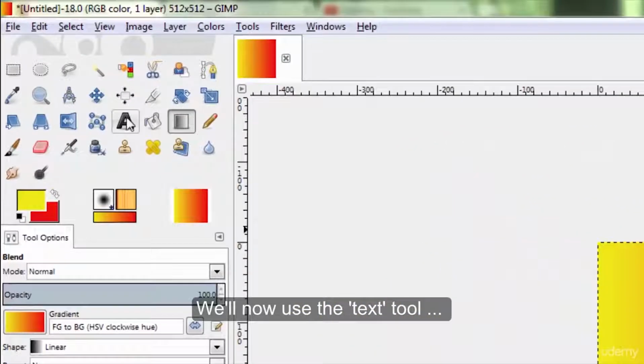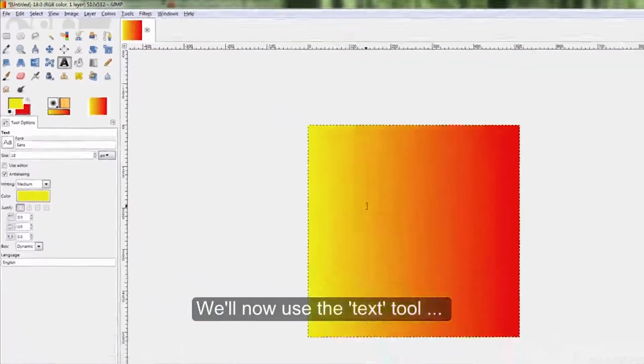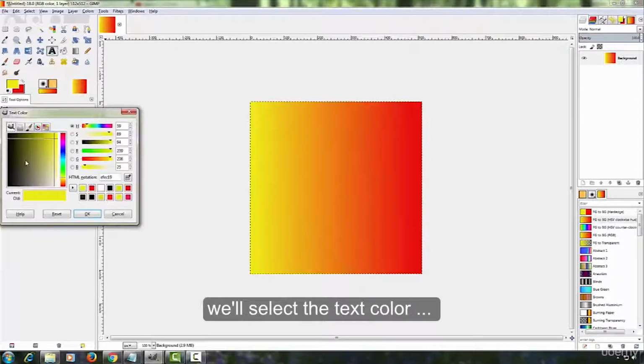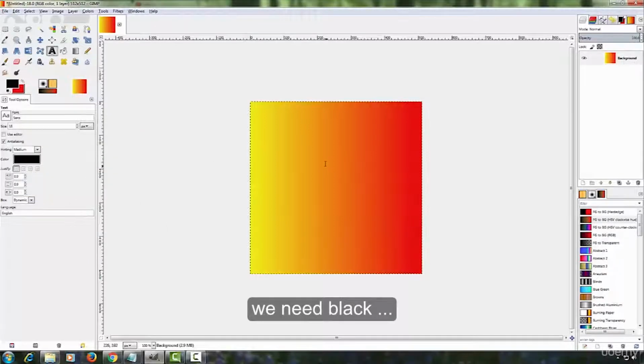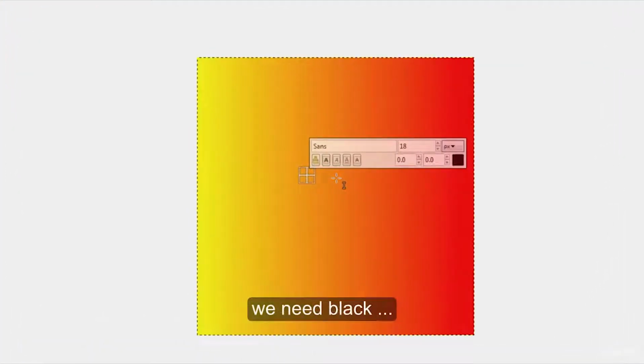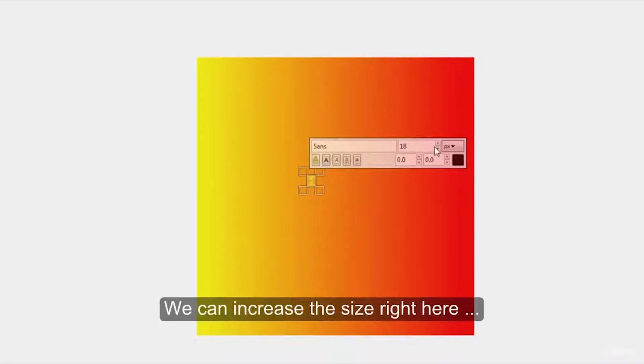We'll now use the text tool. We'll select the text color. We need black. We'll bold this. We can increase the size right here.